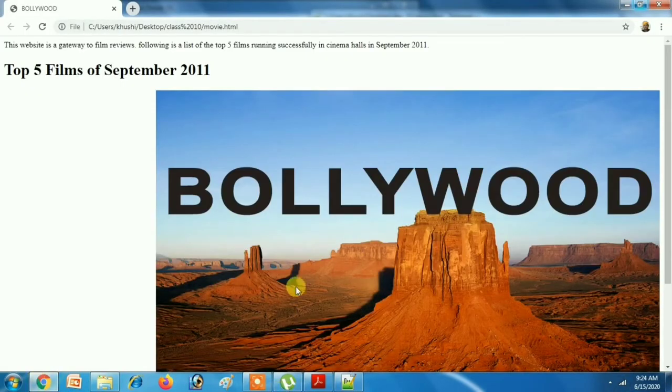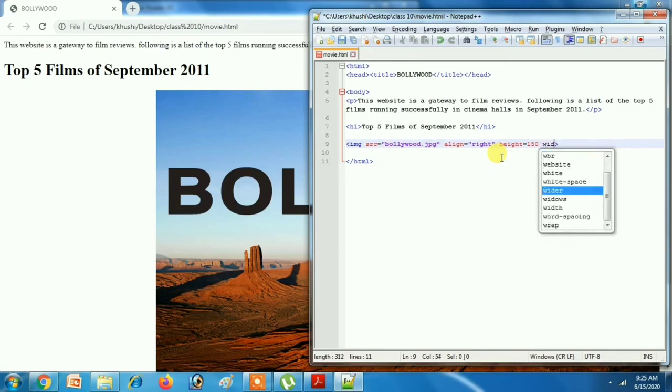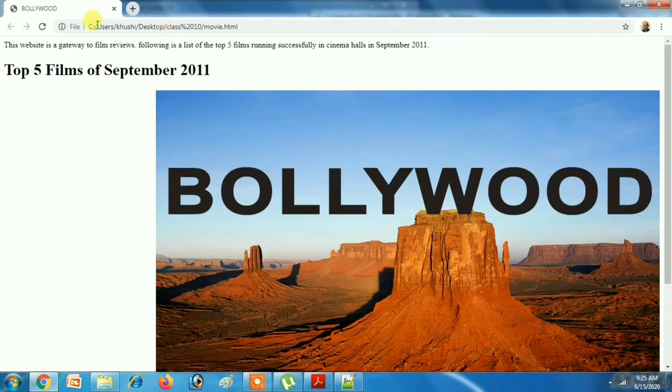Image is on the right side, but image is in big size, so we have to make it small. So reduce the size. Okay, it is height equals to 100, or I will take 150. Width equals to 150. Okay, save it and then refresh.